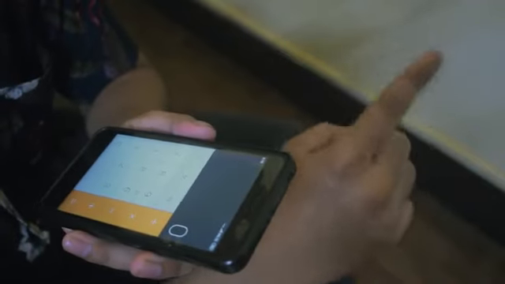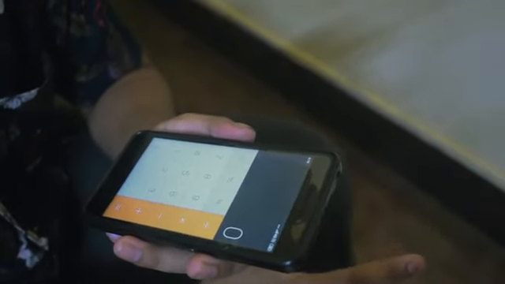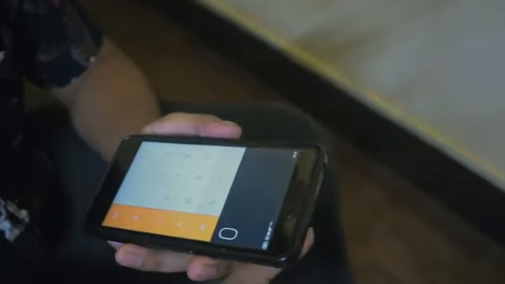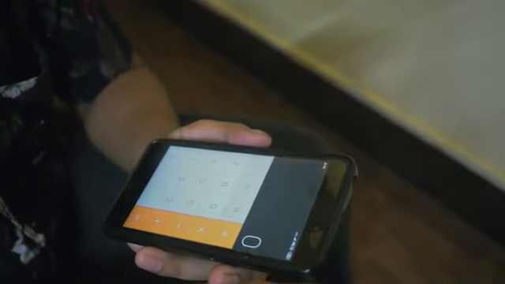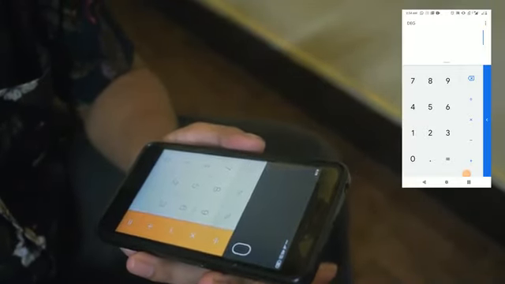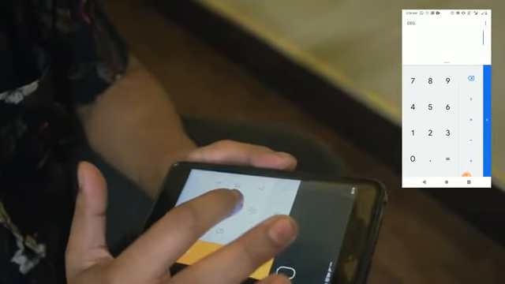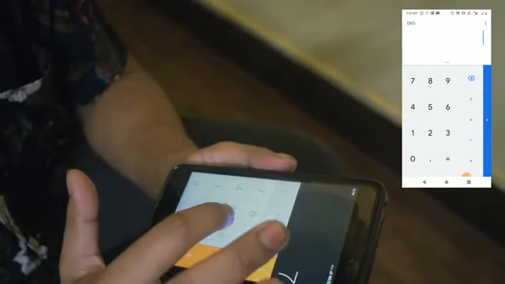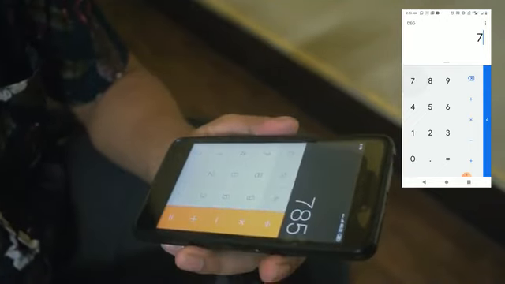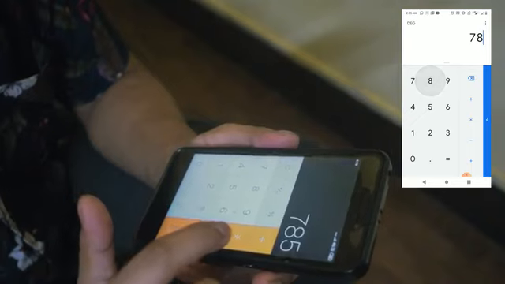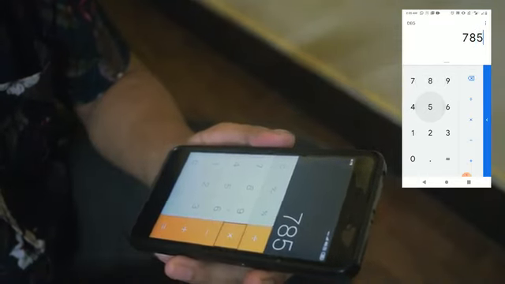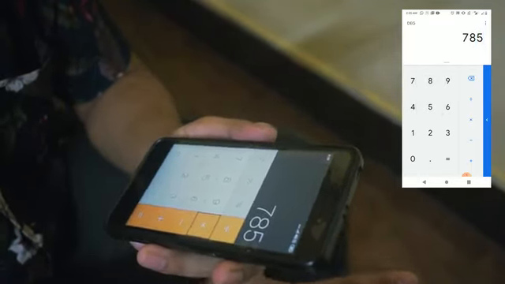On this side of the screen, you will be having a demo calculator, which will be the representation of what will be going on the spectator's phone. You ask him to give you a 3-digit number. Let's say he gives you 785. So you type in 785, hit multiplication, and if there are many more people watching and following along with